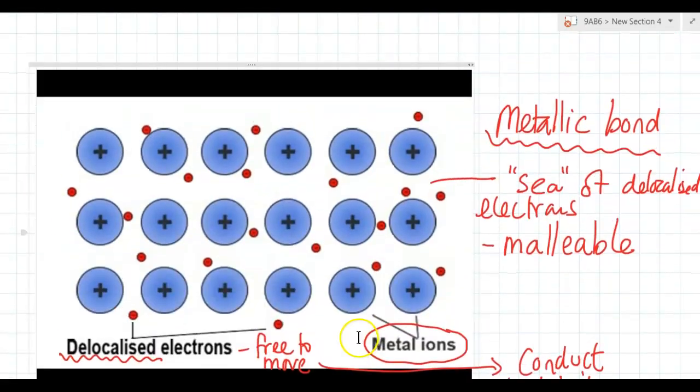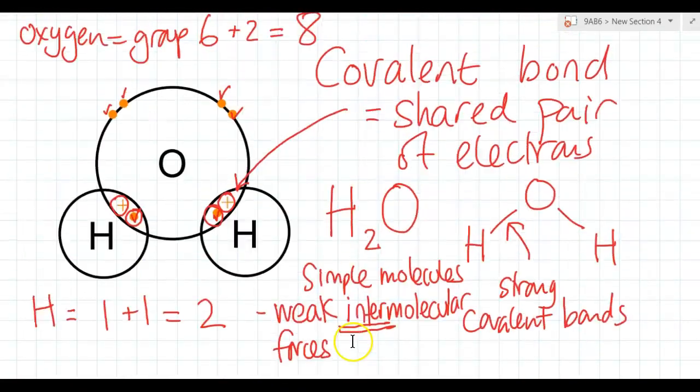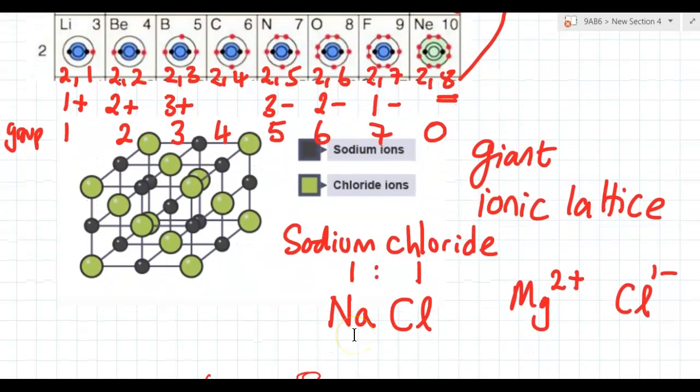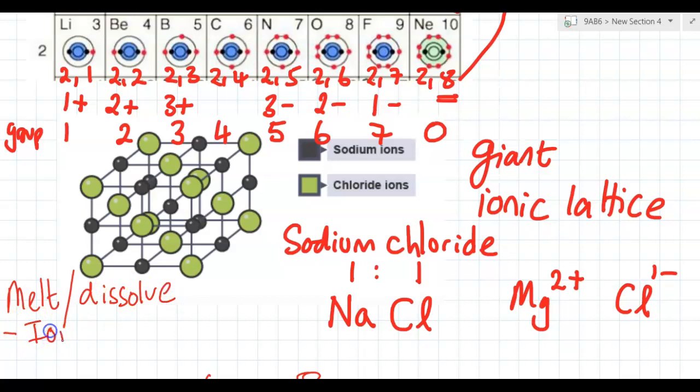Finally, whilst we're talking about conducting electricity, make sure you're happy with the fact that if you have an ionic compound and you melt it or you dissolve it in water, that the ions will be able to swap places and move around. And because the ions are charged,